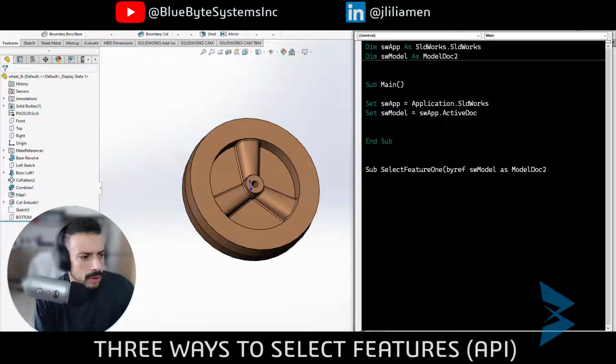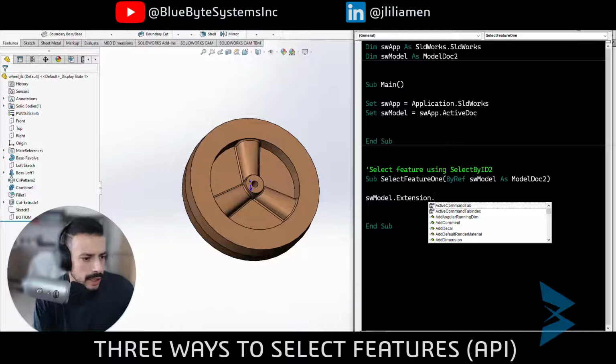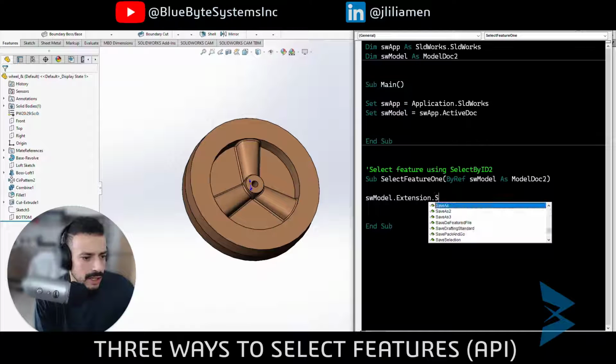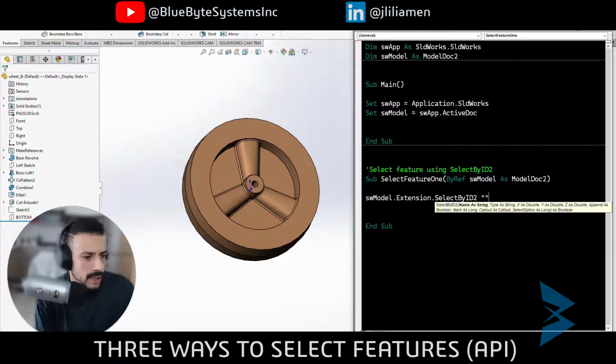Let's start by defining a subroutine called SelectFeature1, and this subroutine is going to take a ByRef SWModel parameter of type ModelDoc2, and let's add a comment here, select feature. For this method we're going to use the method called SelectByID2. Let's come in here and get the Extension property that's of type ModelDocExtension, and the extension property actually has the SelectByID2. So this method SelectByID2 allows us to select a feature in the active document, and the name here will be